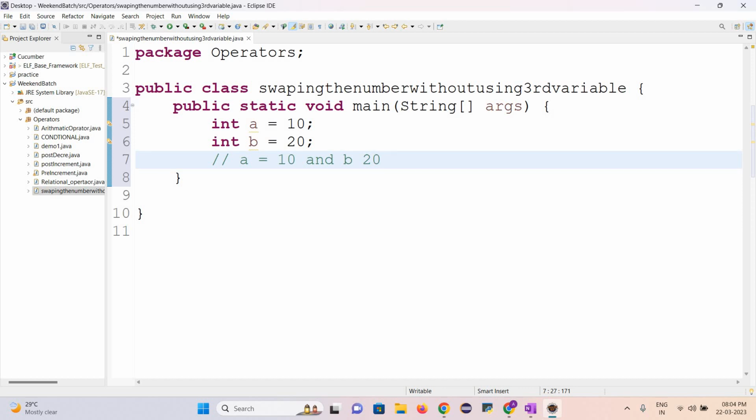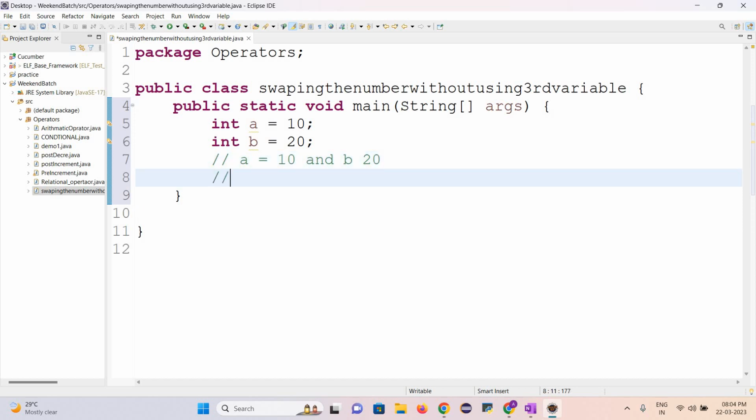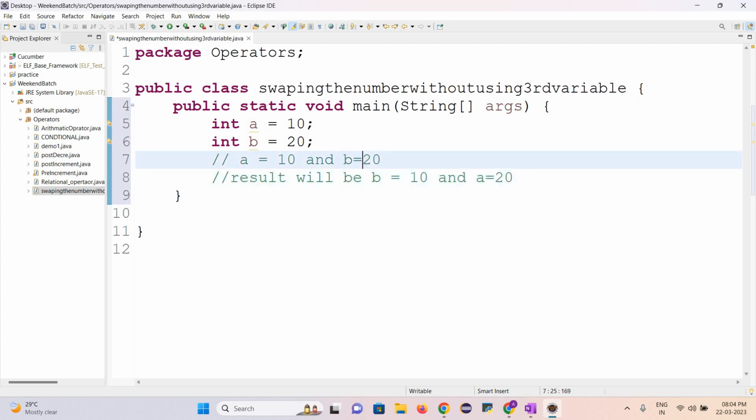But my result will be: B should have the value 10 and A should have the value 20. Okay, so like this, I need to swap. How can I swap this? Actually, this is without using the third variable. But I would say the first step is understanding this thing. So try to do it